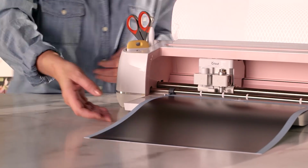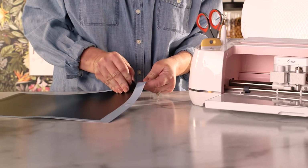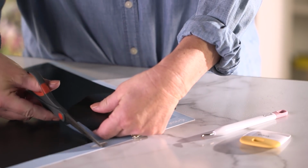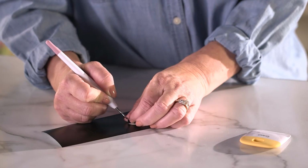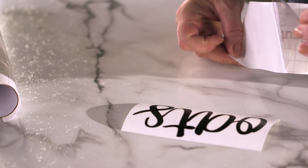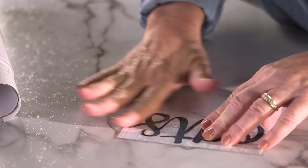We love using a Cricut machine because it allows you to choose from just about every font and letter type imaginable. You can also create custom sizes to match the scale of your jar, like we're doing here. After cutting the custom lettering with the Cricut, cut around the word and weed out the extra pieces of vinyl. When that's finished, we're going to cover the word with clear transfer tape, which will make the actual application a